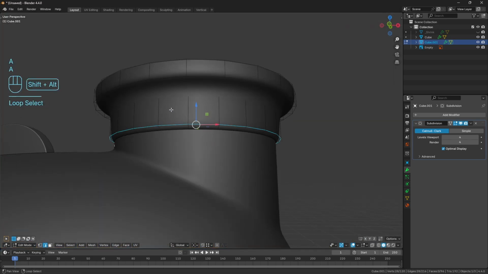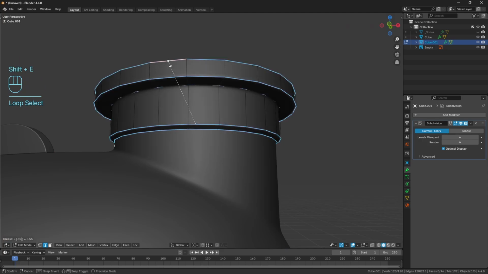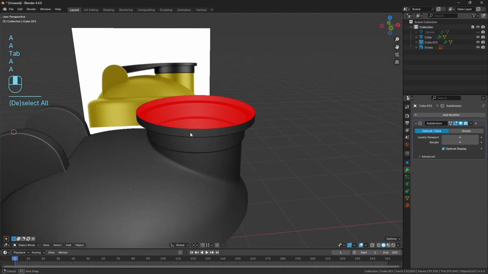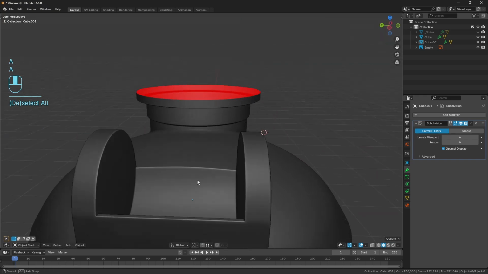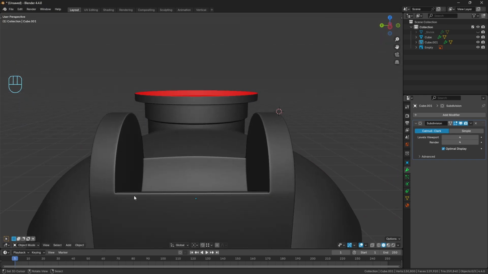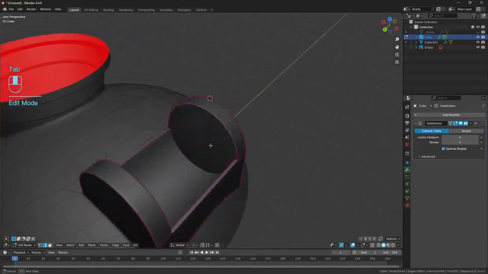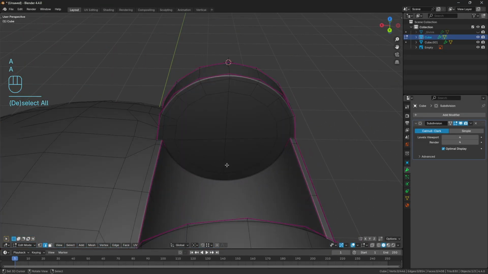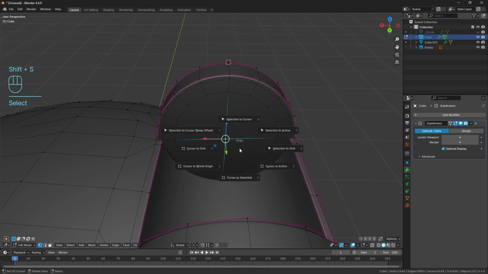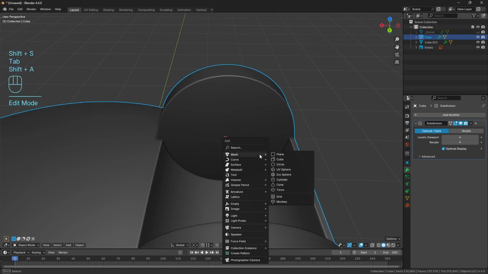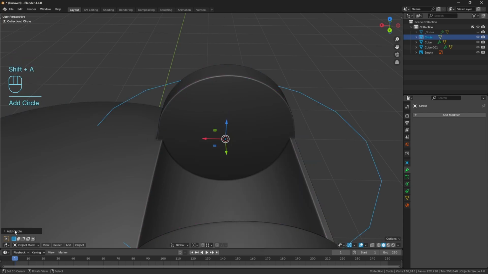And just for visual presentation, let's go ahead and crease up some of these edges here as well. So just Shift E 0.55. Alright, and now we just need to get this all to sit in with a little cylinder component of our model here. An easy way to accomplish that is, let's select this middle vertex here, Shift S, cursor to selected, and we'll bring in a circle, and make sure it's at 16 verts,